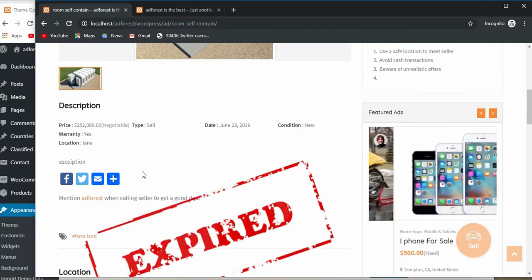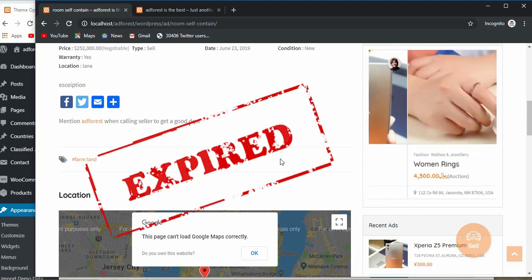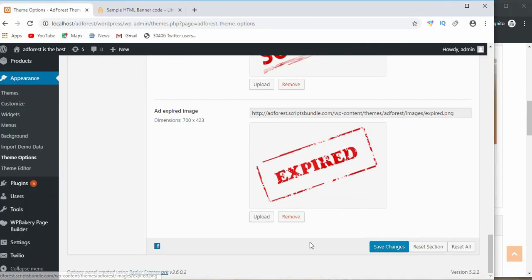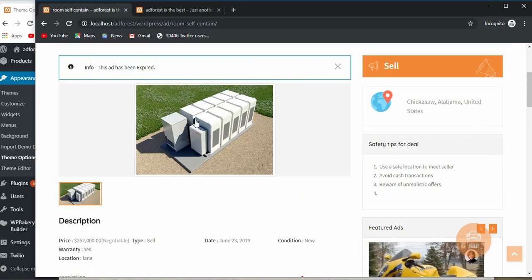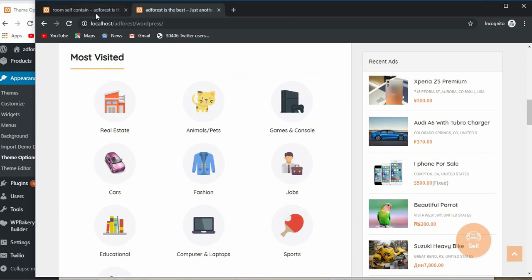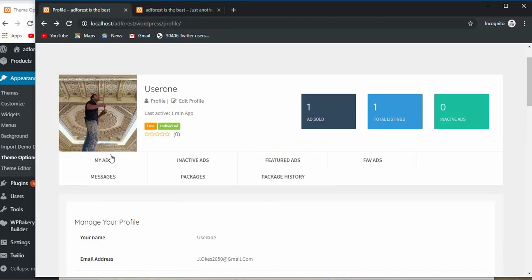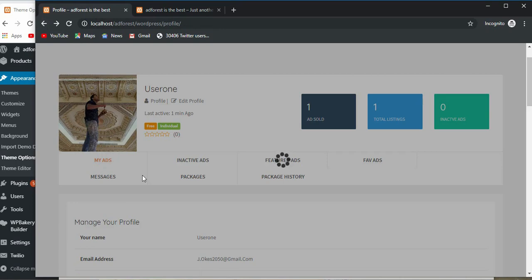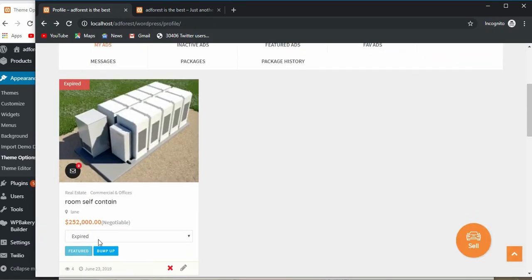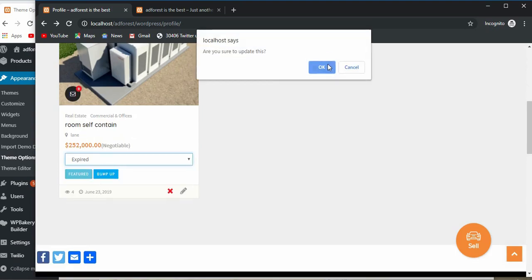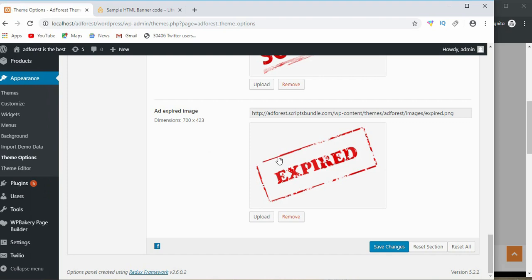It says expired. So that's what we have here. So before we do that, I'm gonna go back here and change that, because I don't want an expired ad, I want an active ad. So come here, active, and say OK. So that brings us to the end of